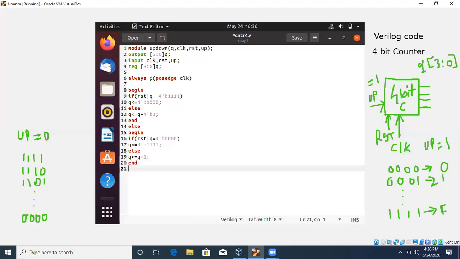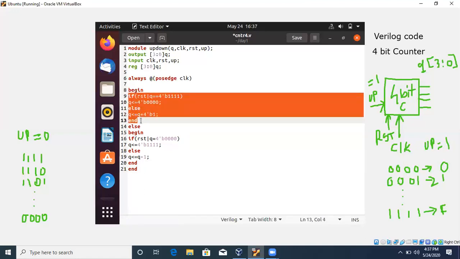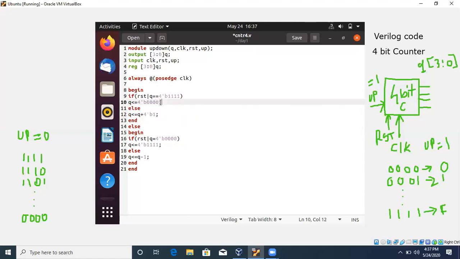So initially, this if else condition is about up counting. When your output is already at the higher position, then you have to apply the reset terminal so that it will jump to 0000. Otherwise your output should increment by 1 value. This is the meaning of this else. The first if indicates that if output is already at 1111, then after application of reset your output will become 0000.